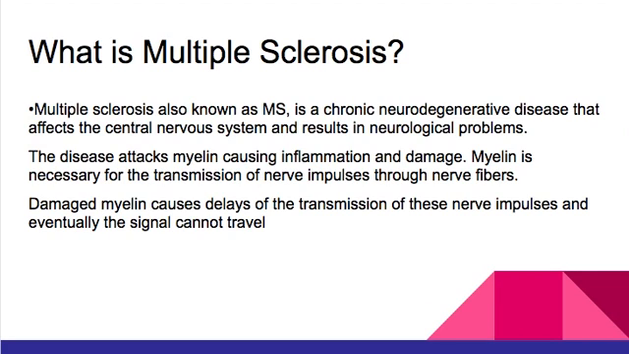Multiple sclerosis. Multiple sclerosis, also known as MS, is a chronic neurodegenerative disease that affects the central nervous system and results in neurological problems. The disease attacks myelin, causing inflammation and damage. Myelin, as we know, is necessary for the transmission of nerve impulses through the nerve fibers. Once the myelin becomes damaged, it causes delays of the transmission of these nerve impulses, and eventually the signal cannot